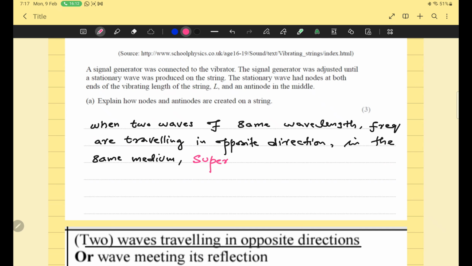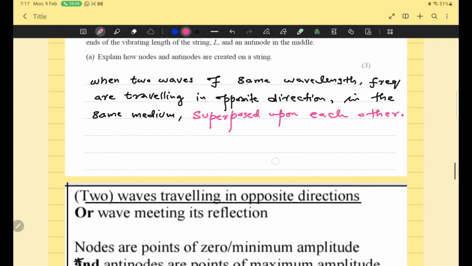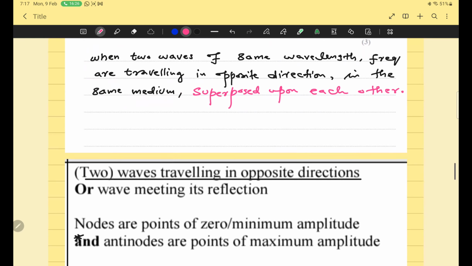Superposed means one wave passing over the other wave. When two waves of same wavelength and frequency are traveling in opposite direction in the same medium, superposed upon each other,